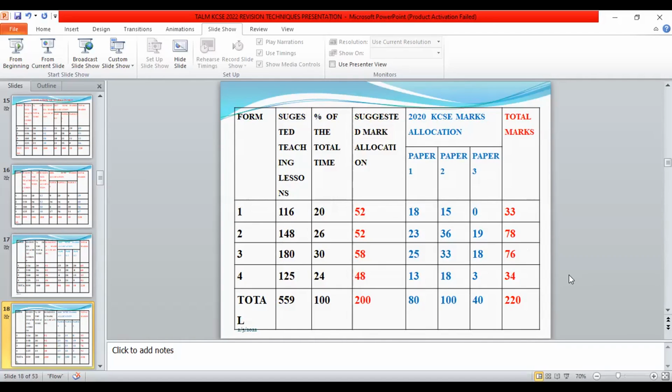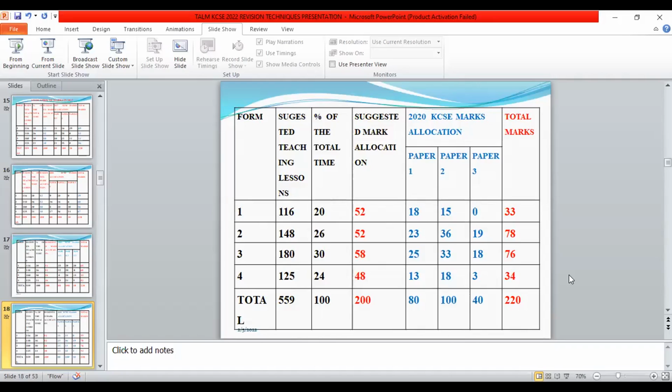So what does this tell us, teachers? This is an indicator that we as teachers must ensure that all the topics, all the activities that you find in the 4 classes are given equal attention during teaching and learning, as opposed to what some of us have been doing, whereby we have what we refer to as a selective approach, such that we predict questions to our candidates instead of encouraging them to make sure that they are fully prepared on all the areas. I know it's because of several reasons.